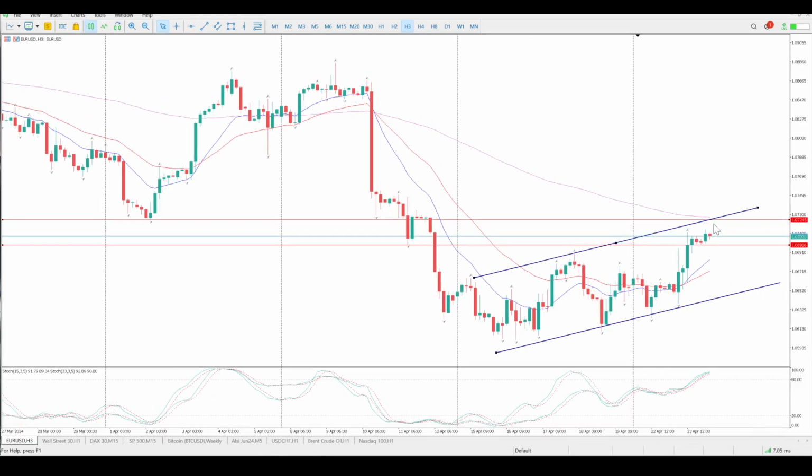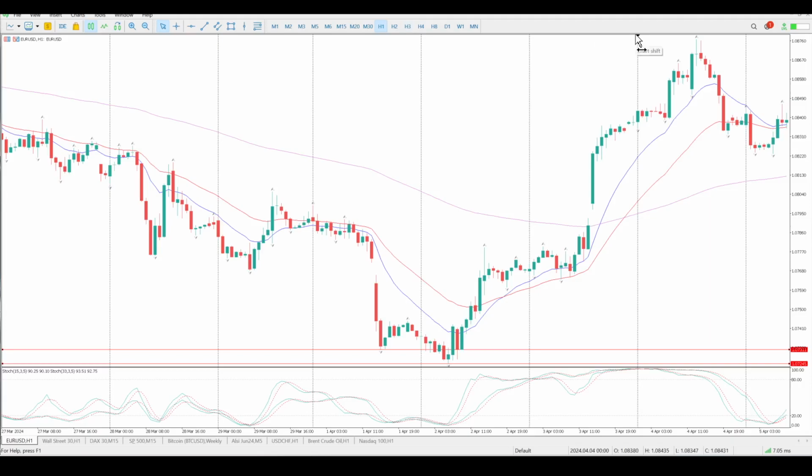107.245 is clearly the area we're aiming for. There's a little bit of a juicy pin bar just above that. In fact, there's another pin bar there. So the upper end of that is going to be 107.311. Now, if you drop down to the hour,